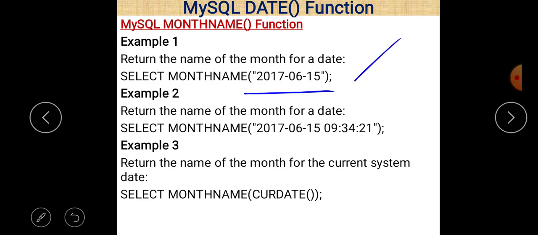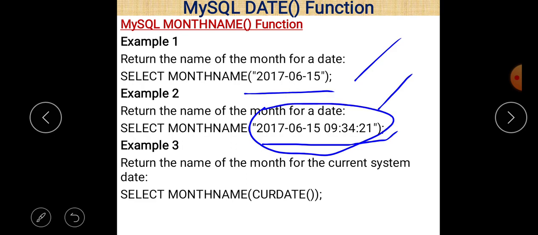Next, example number 2, this will return the name of the month for a date, and here you can easily see that the year, month, date, and hours, minutes, seconds format is there, so it will give you a month name also.